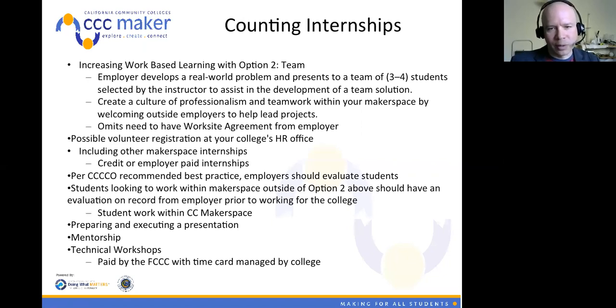Obviously, the value to the employer is that they may get a better prepared workforce for their future hiring, right? So it is an investment, it is an in-kind, and it should be counted. And just to go back to these different models that I think will definitely grow your internship opportunities within